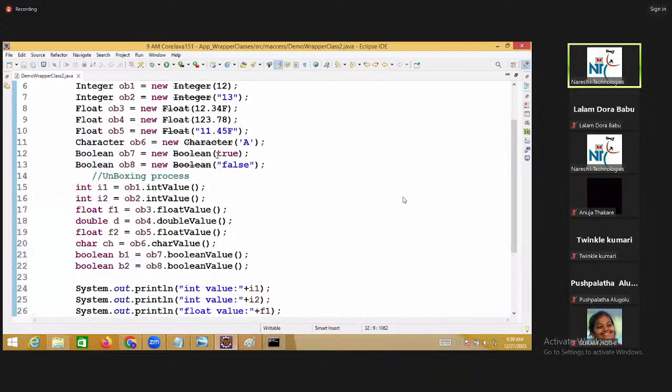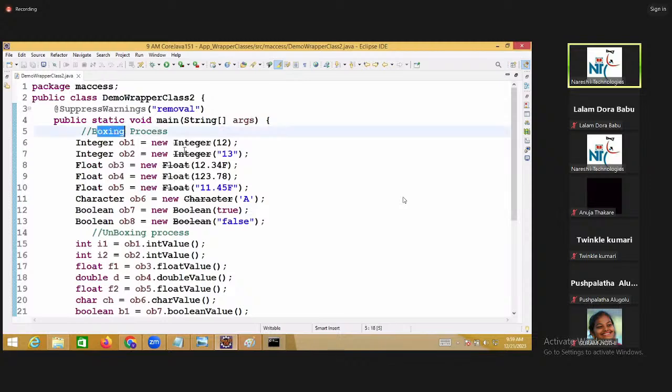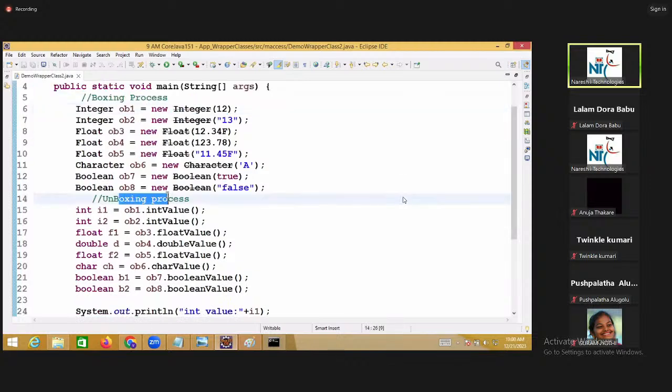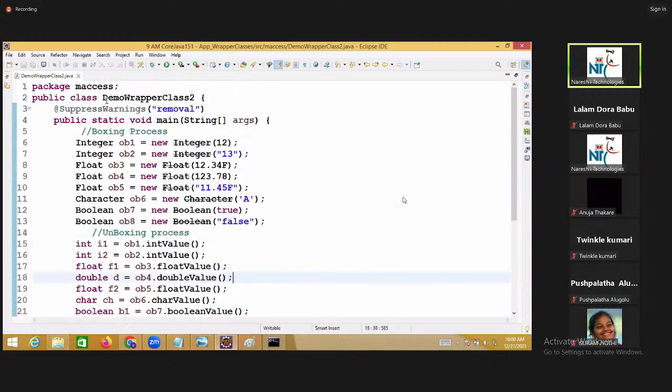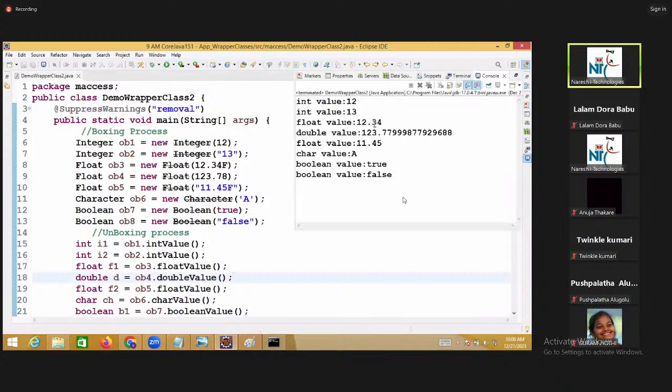Okay. My intention: to do boxing, we use a constructor. To do unboxing, we use methods. We are taking the data and keeping it in some variables. That is called unboxing. The value came out or not now? For the double value, some accurate calculation is going on here. So we are bringing the values outside. It means we can take a primitive and keep it inside, that is boxing. We can take the value out of the object, we call it unboxing. So, theory. Did all of you understand this statement?